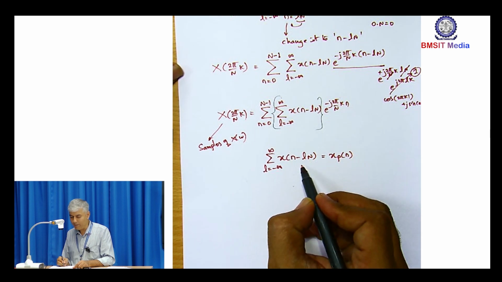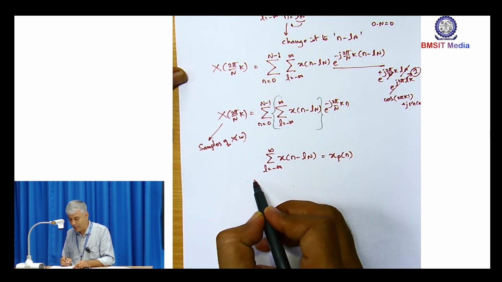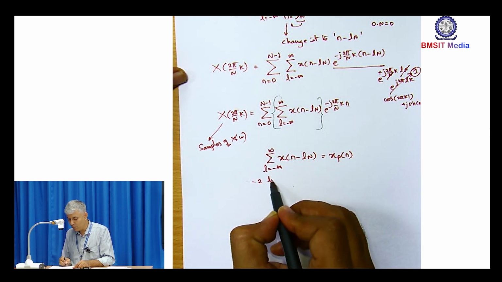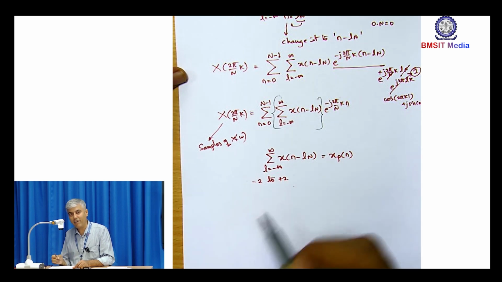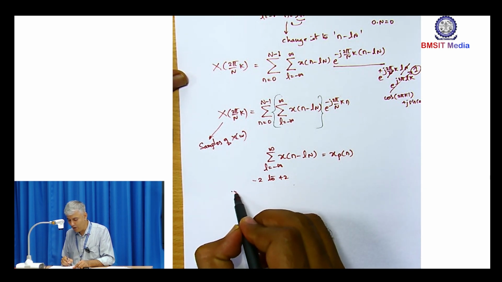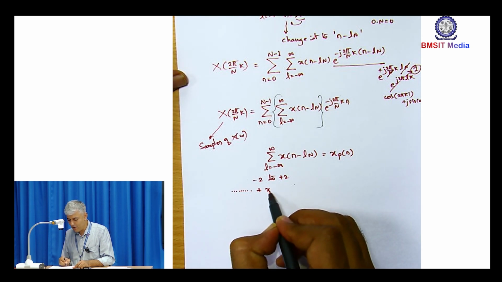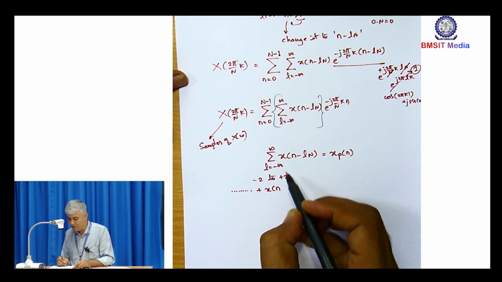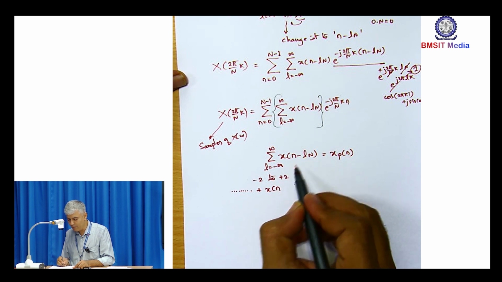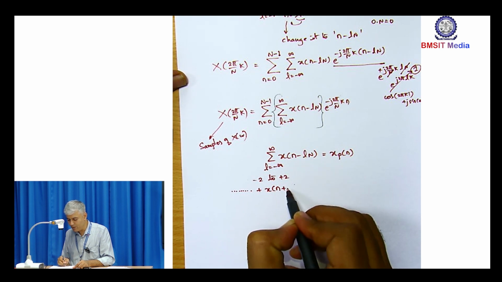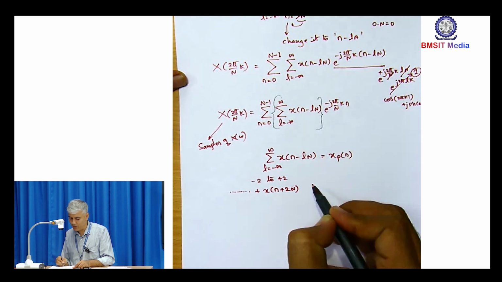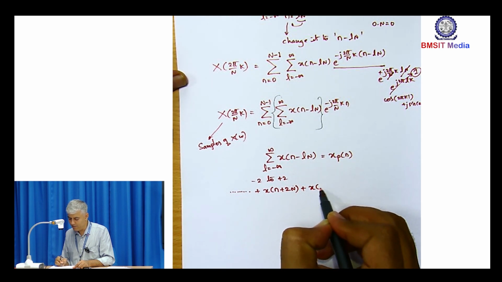If I were to expand this, say for the minus 2 to plus 2 range, it will be all dot dot dot plus x of n plus 2N, for L equal to minus 2, plus x of n plus N